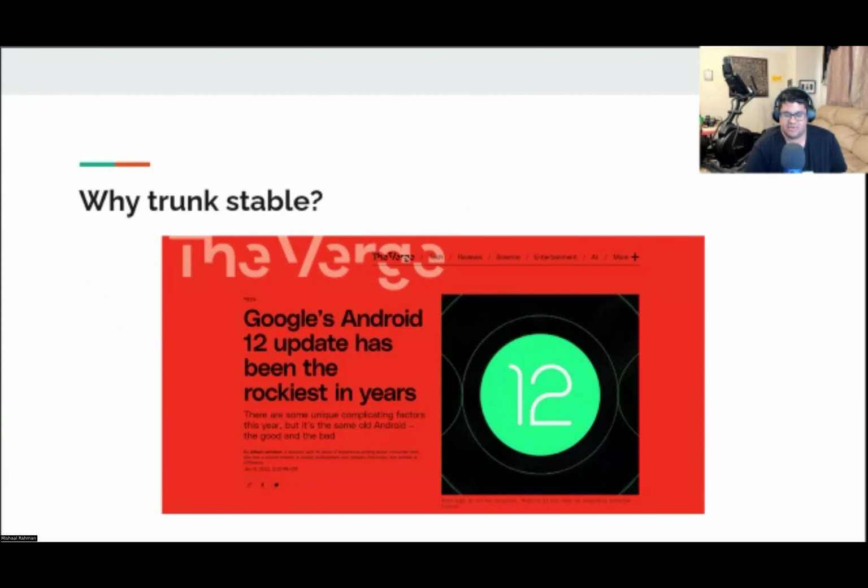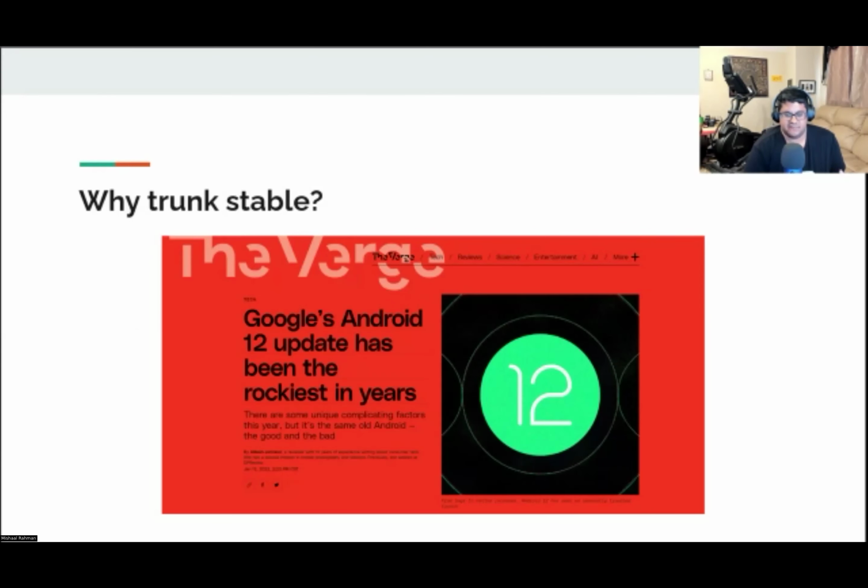So why are they doing this? Why Trunk Stable? One of the stated goals of the Trunk Stable project is to improve stability in the Android OS platform during development. We're still early days, as I just said. 24Q1, in other words, Android 14 QPR2, is the very first Trunk Stable release, and Google is still making ongoing improvements to the build process and how aconfig flags work, and they're still migrating a lot of the feature development to aconfig, so we'll have to see how much of a difference it really makes, potentially by next year, in terms of stability. Either way, the changes to how they're developing and handling new features are readily apparent.